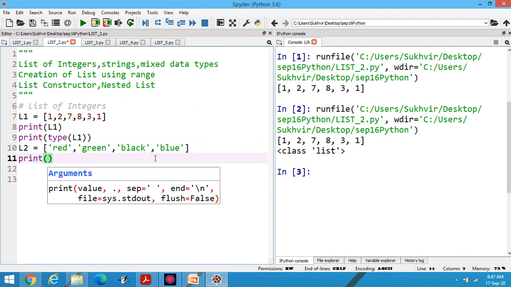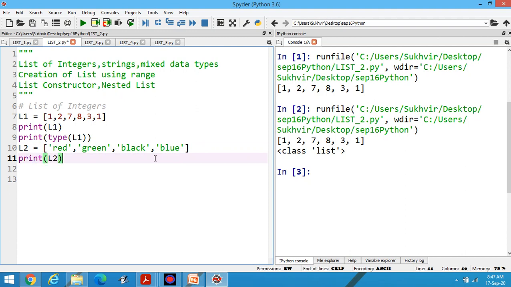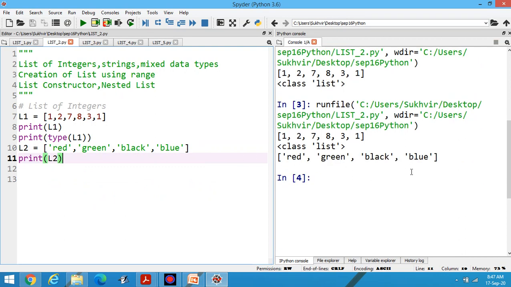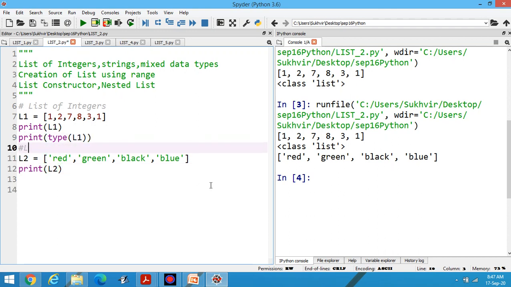Then print L2. In this way, you can print the list of strings. Here you can write the title, list of strings. This one is the second title.